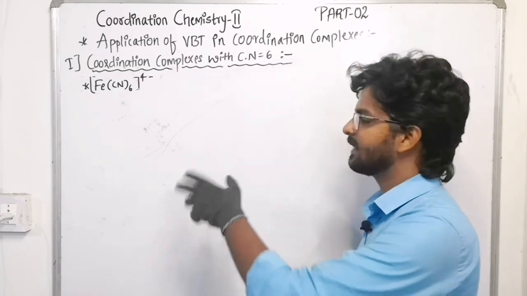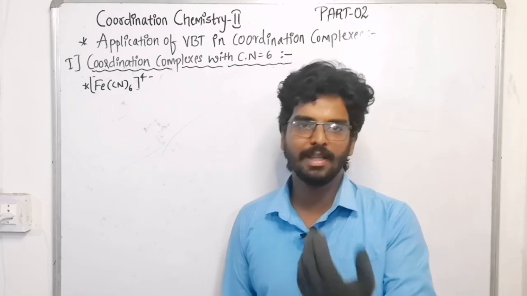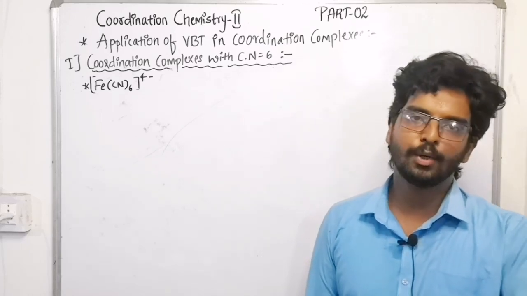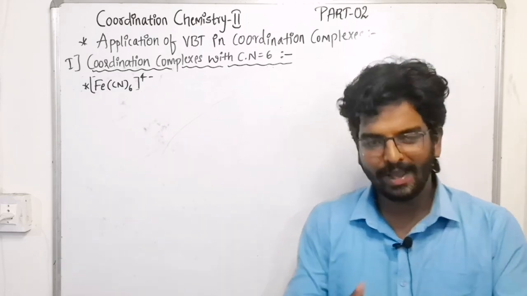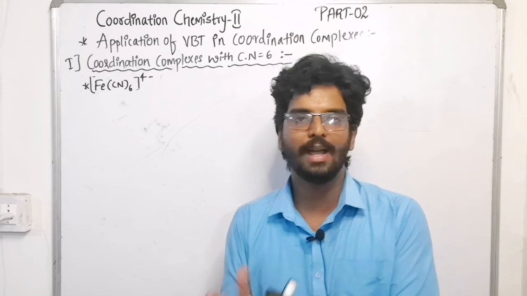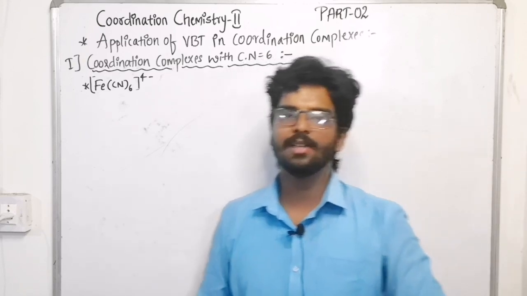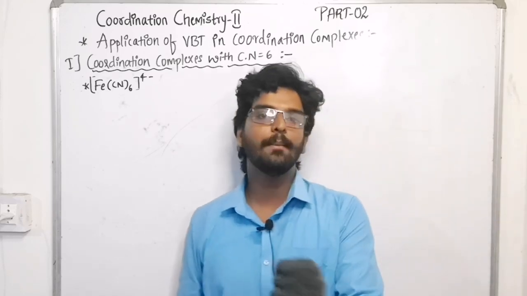For the exam also, it's a very important question: they will provide you the coordination complex, you need to apply the VBT and figure out the results. If they give you any complex, you should represent it in a systematic way and apply the VBT in a systematic manner. So the first point in order to apply the VBT for a given coordination complex is you need to find out the central metal atom.